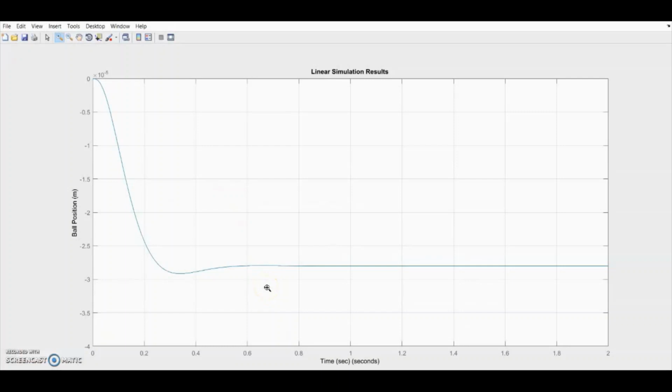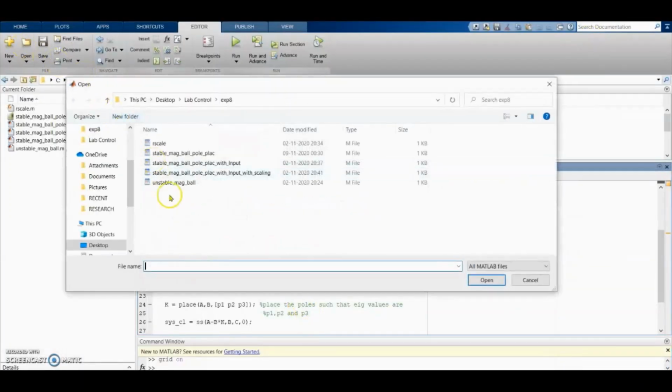Now there is one more program which compares the output by scaling it, because it is minus 2 point something, and it is not easy to compare it with the step input. So what another program is doing, it is scaling up the input or output such that the output comes in the range from 0 to 1 only. Okay, so this we will see, and this is up to you to find out what this program is doing. I'm just explaining a little bit here.